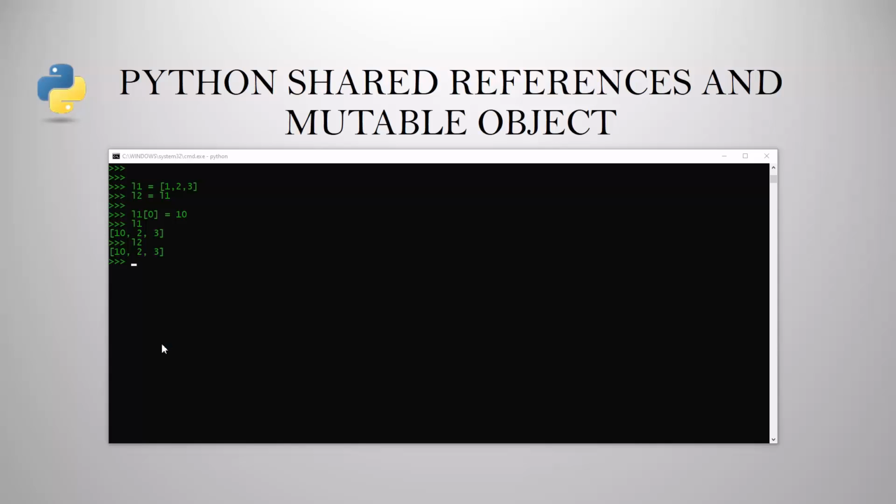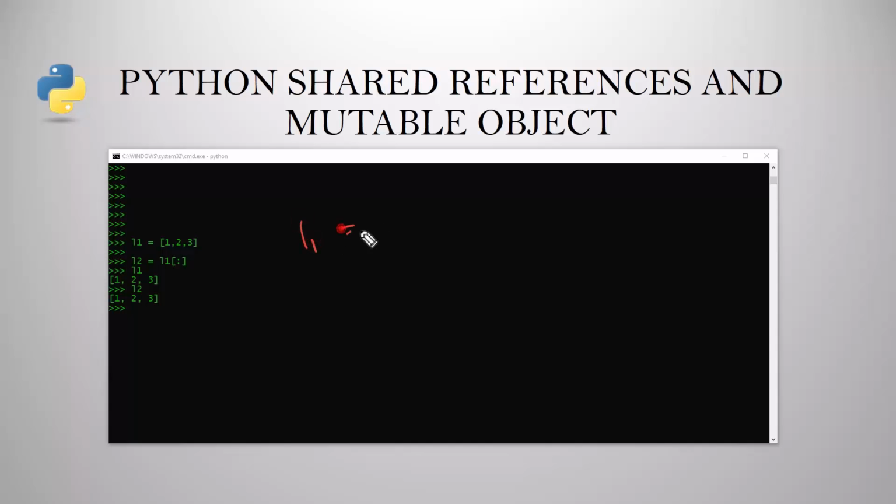For now, let's say L1 is equal to 1, 2 and 3, and let's say L2 is equal to L1, and we will slice this one. Here we are slicing L1 from start to end. Now if you print L1, it will print 1, 2, 3, and if you print L2, it will also print 1, 2, 3. So here Python is making a copy of L1 and assigning it to L2.